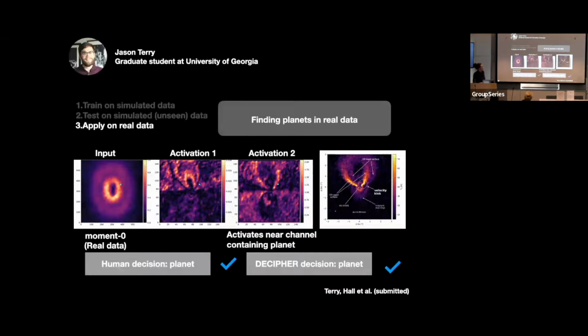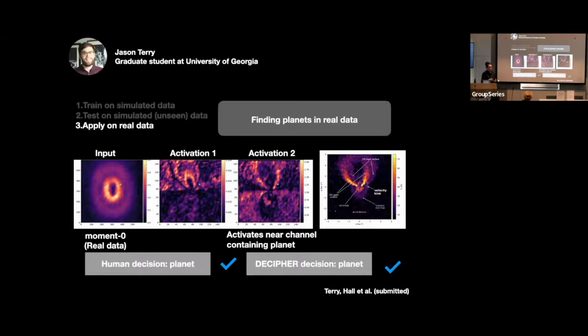But this architecture is really powerful because not only is it able to measure disk mass, but we're also able to apply it on real data and confirm that we're right in that these planets are there. So we've trained this only on synthetic data. Training on synthetic data and then applying to real data has a powerful pedigree in other fields like medicine, for example, or autonomous cars. Hasn't happened so much in astronomy, or certainly not in protoplanetary accretion disks yet.